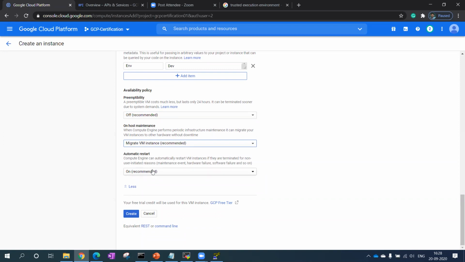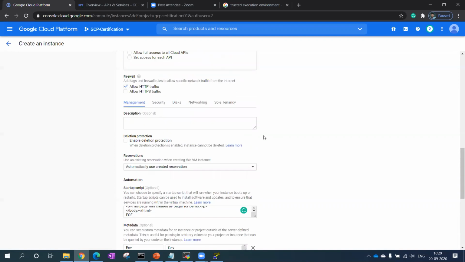Take the example that in the data center there's a power failure, or any cooling issue, or any kind of software issue, any kind of issue happens. What action do you want Google to take? You can tell Google, I want you to restart my VM in that case if any hardware failure happens in the data center. By using that, my VM will automatically move to the next available host, or it will move to another zone as well. So these options are given to you additionally so that you can plan your VM accordingly.